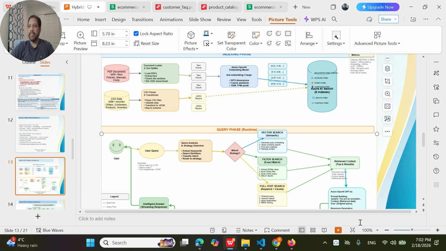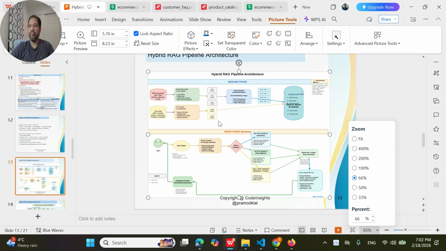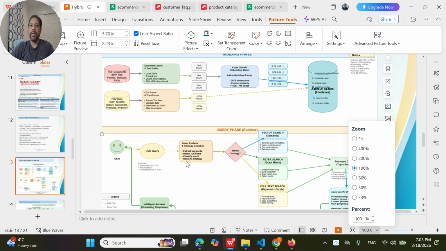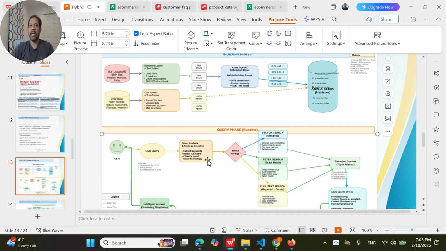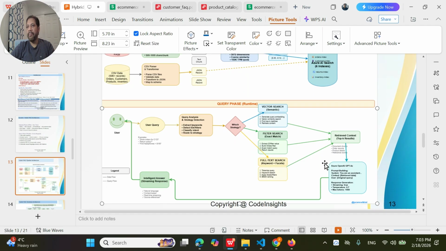Now, once the user interacts with the chat, what would be the overall flow? Let me go to 100% only. So the user query goes to query analysis. Then strategy detection: extract keywords, detect ID or filter, classify intent, and route to the strategy. Which strategy? Vector search, filter search, and full text search, as discussed in hybrid. In this solution I have implemented three different types of search mechanism. Then top K results, retrieve context, and based on that,